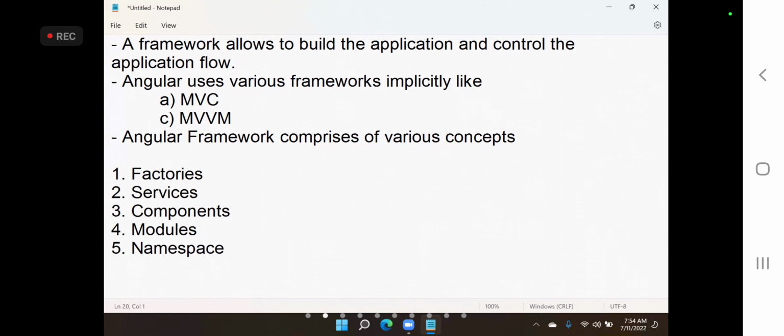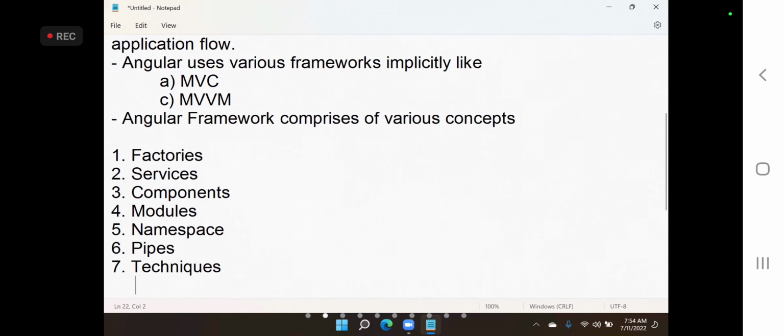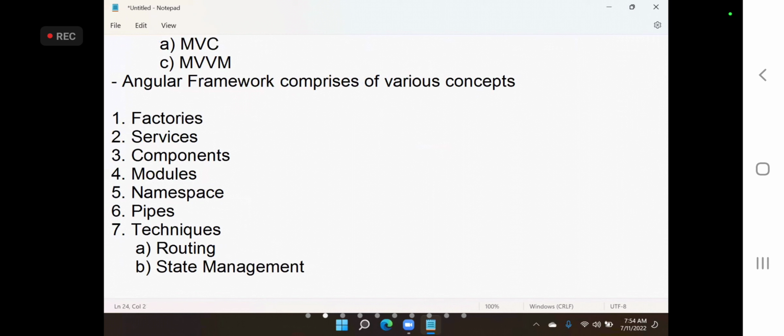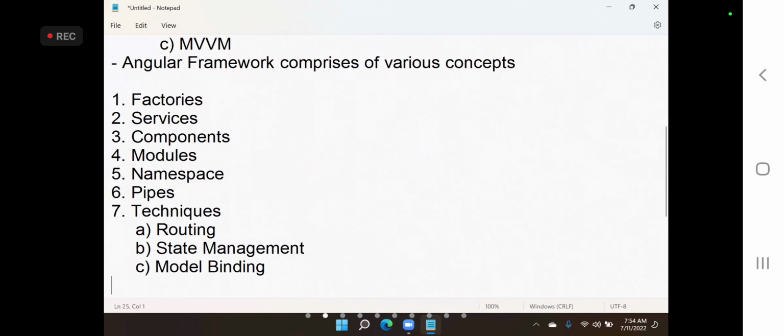Namespace. Generally, in a framework, you have to know about all these things. We have pipes in Angular, and we have to know about some techniques, like routing, state management, model binding.